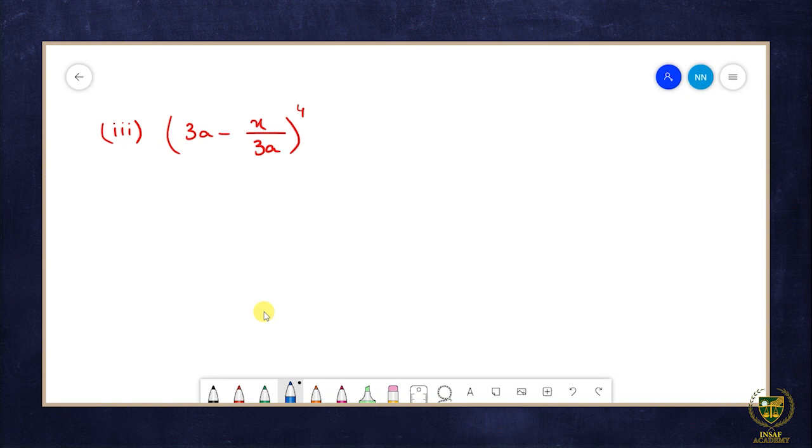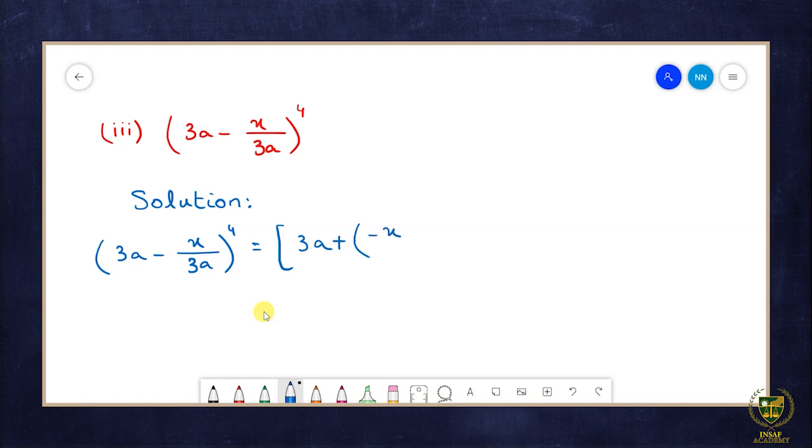Next है हमारे पास part 3, 3a minus x over 3a raised to the power 4. अब इसका सोल्यूशन करते हैं। 3a minus x over 3a raised to the power 4 this is equal to 3a plus into minus x over 3a raised to the power 4 this is equal to 4c0 into 3a raised to the power 4 plus 4c1